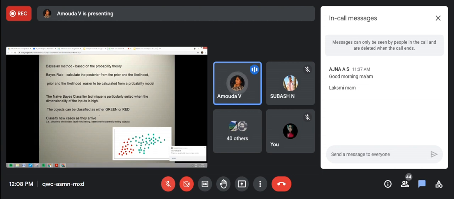Actually, Bayes' rule is applied only to calculate the posterior from the prior and the likelihood. Then we'll see which object belongs to which class. That is the main thing. Any statistics?